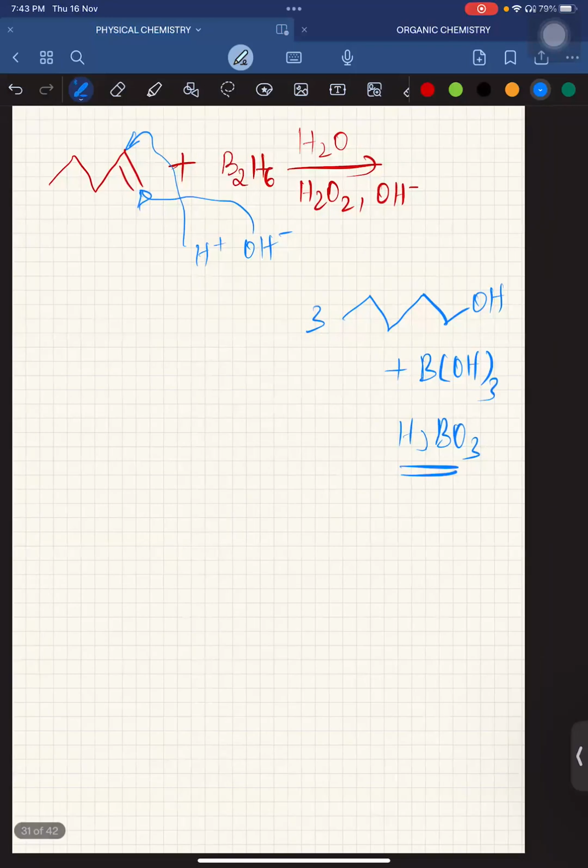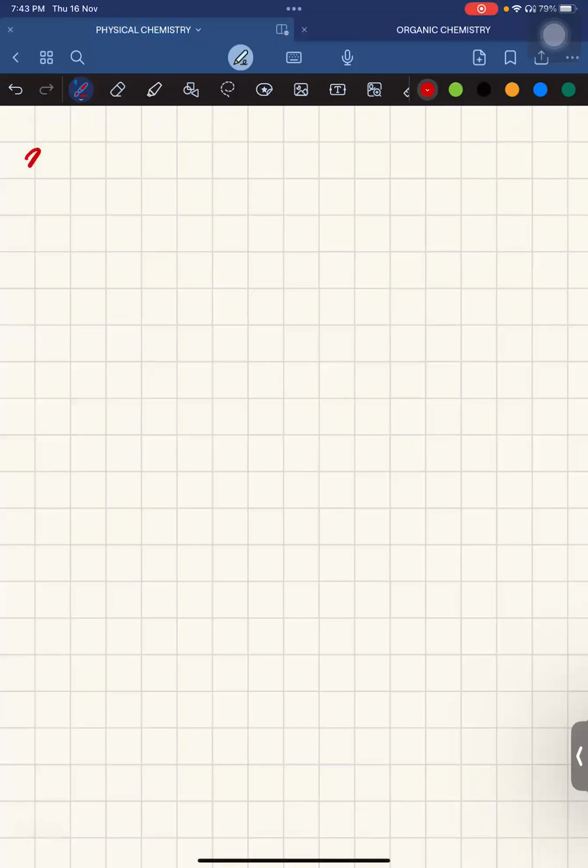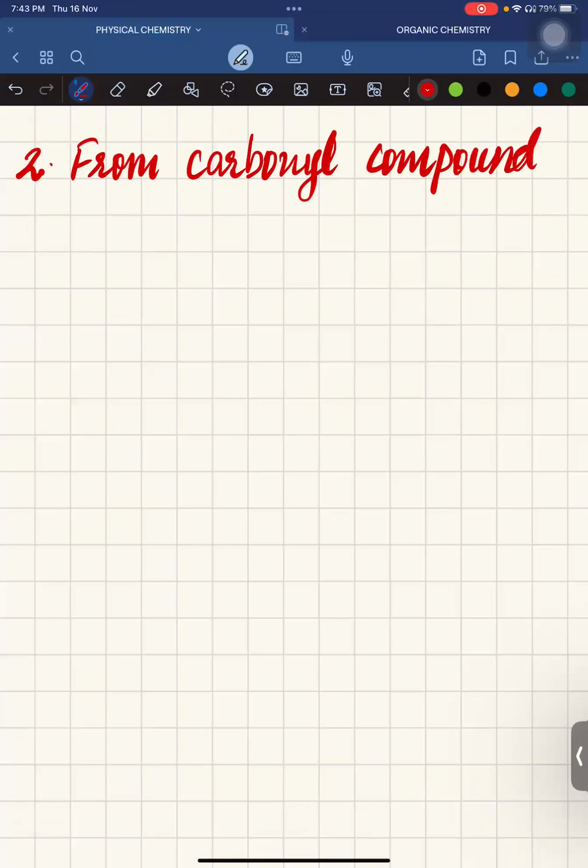Okay. Moving to the next, which is very important. And this reaction you have already studied. So the second reaction is from carbonyl compound. Now see, if you have studied and have in mind the chemical reactions of aldehydes and ketones and carboxylic acid, then this reaction is repeated. So in this, the first one we are going to study is about your